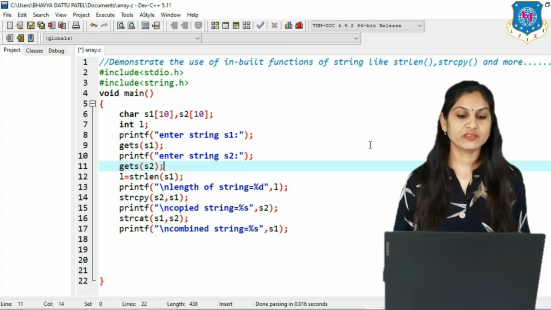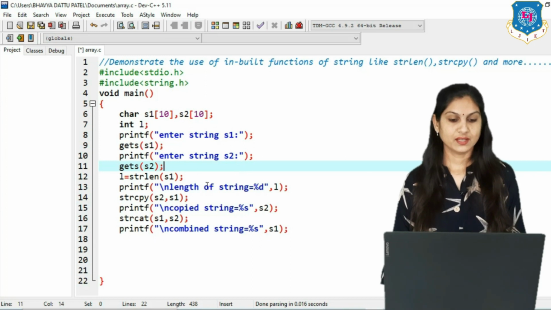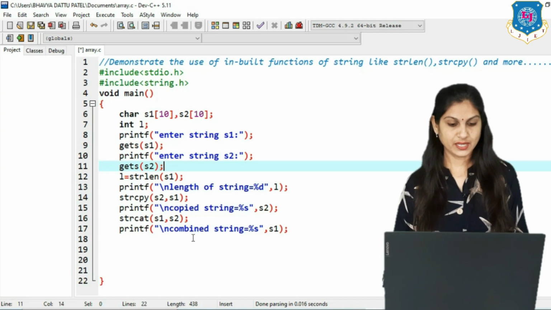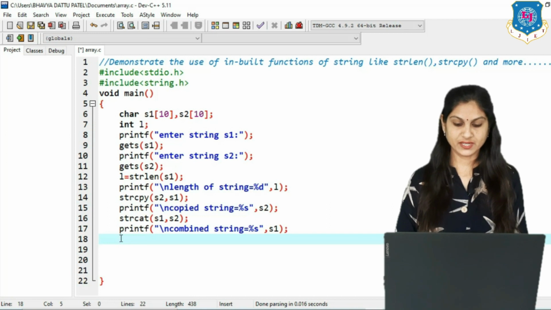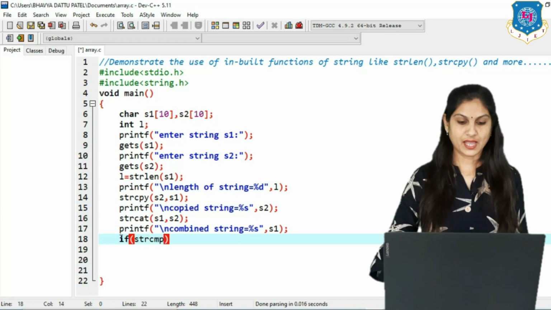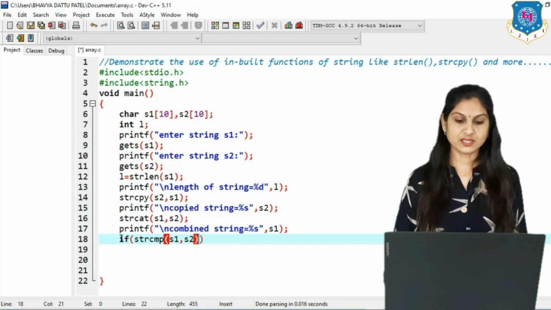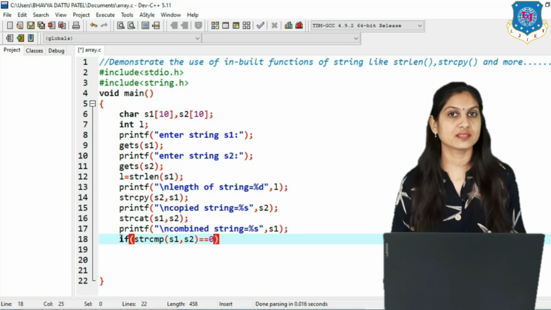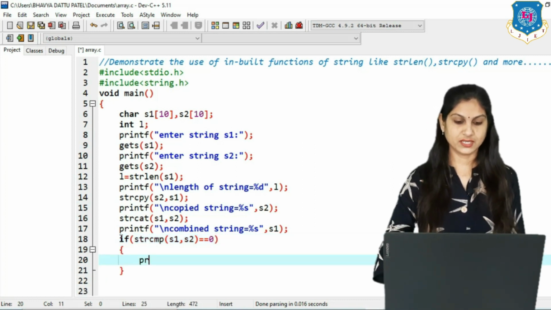So now we want to read two strings from the user. The first logic is for finding length, the second is for copy, and the third is for combining two strings. Clear? And now we want to compare two strings. For that we have to write the if condition and then the strcmp function for comparison, and pass the two strings S1 comma S2. Equal to 0 indicates what? If this condition is true, it means the difference between both strings is 0, which indicates both are the same. So we just print the message in a printf